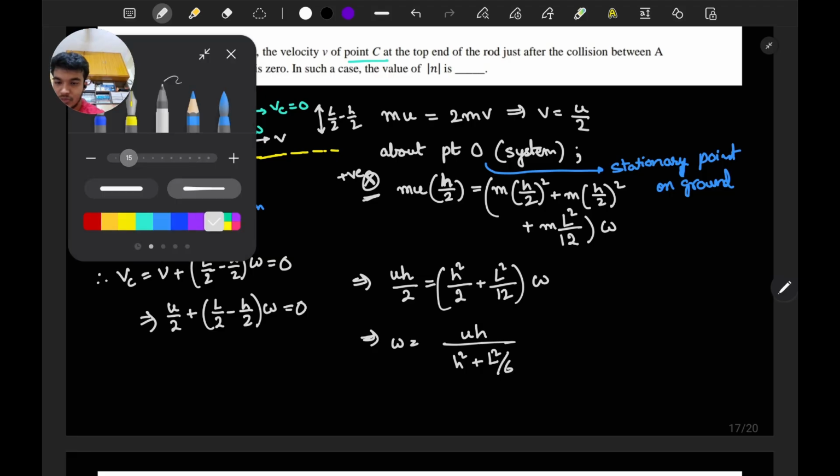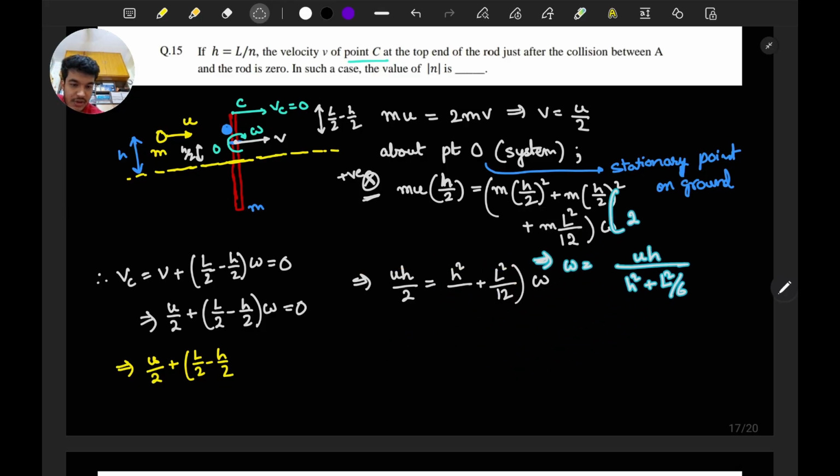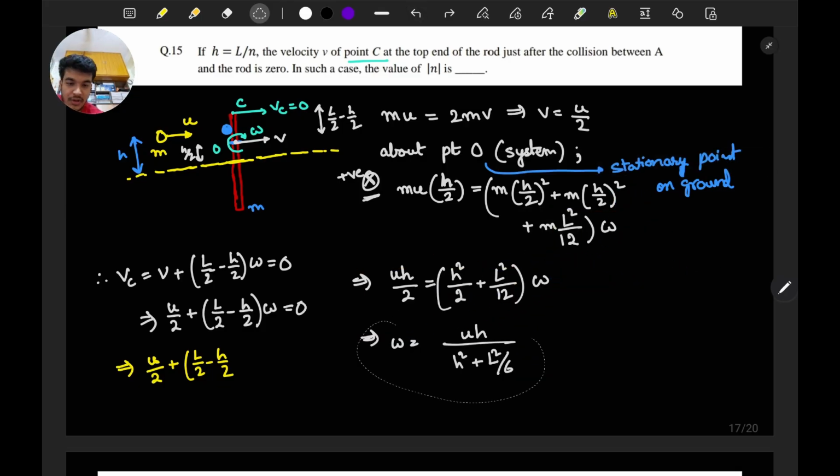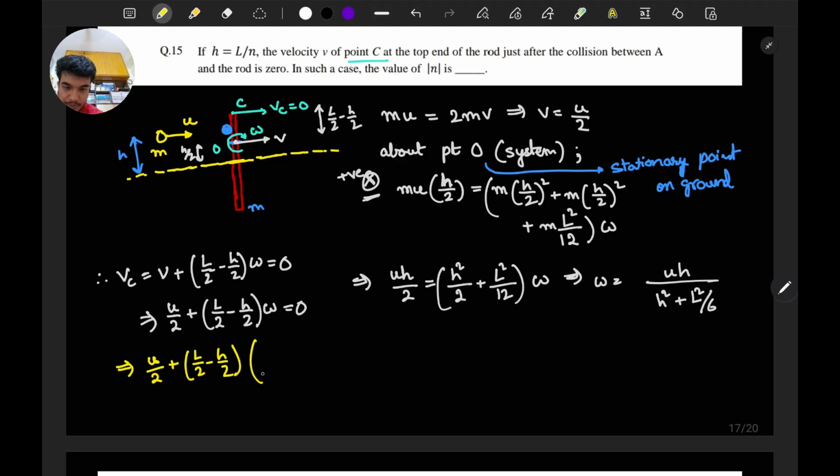So if I substitute omega here, what would I get? u by 2 plus (L by 2 minus h by 2) into the expression for omega, with h^2 plus L^2/6, equal to 0. So from here, if I cancel u from both parts, my equation would come as,